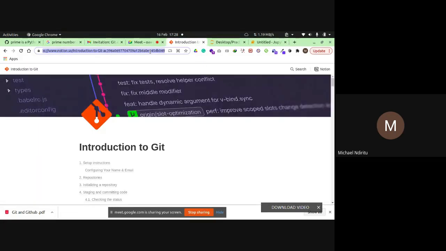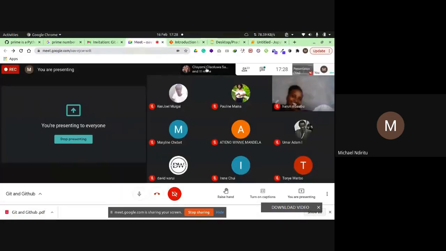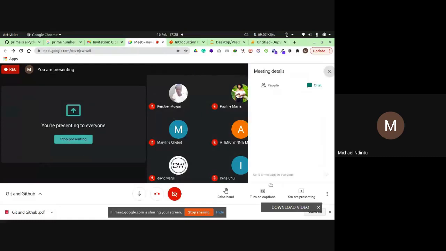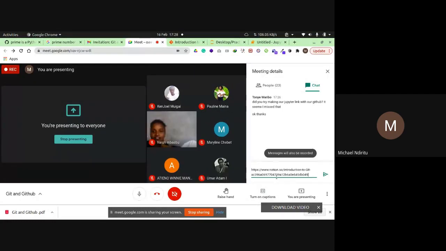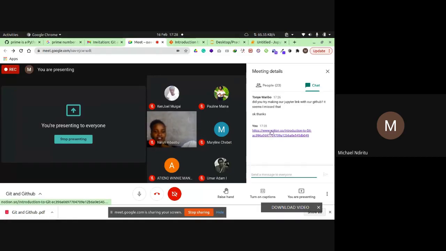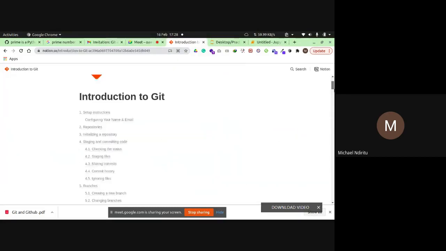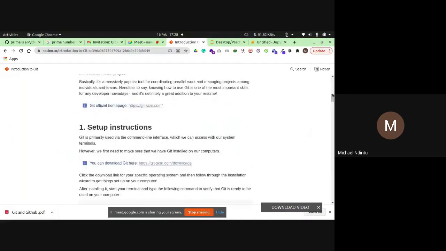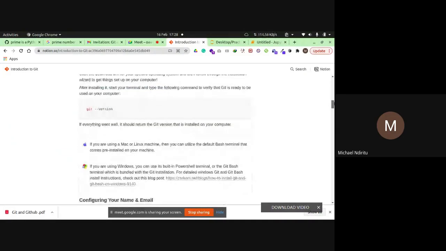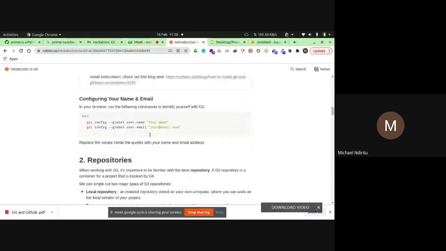We want to configure the command line. Here, I'm sending it again. Kindly everybody open the link. It starts with notion.so. So we should be here on my screen. These are the two commands that we need to type first. The first one,